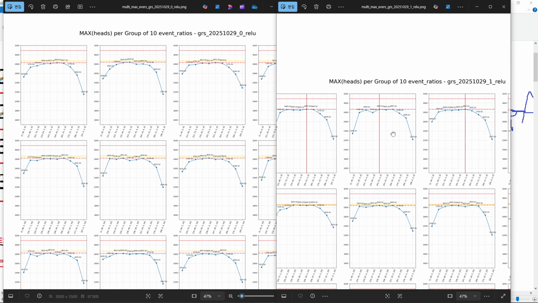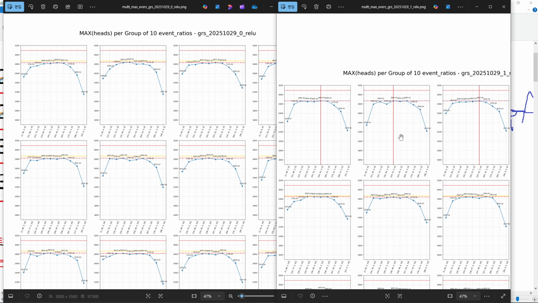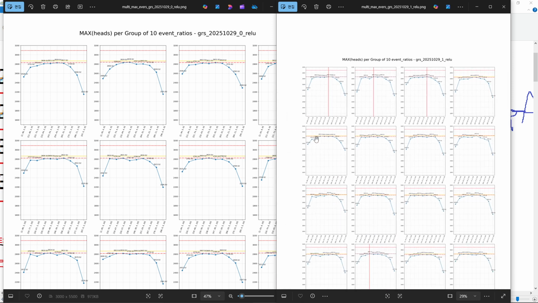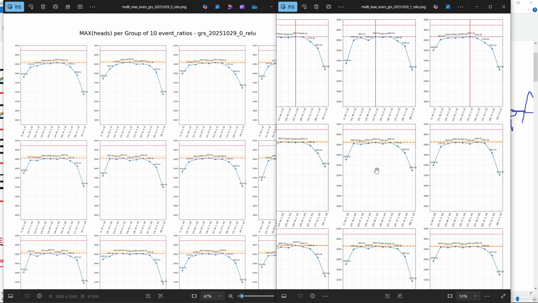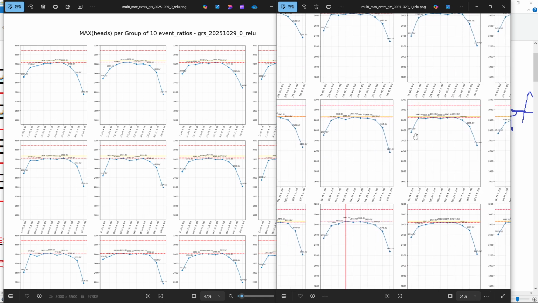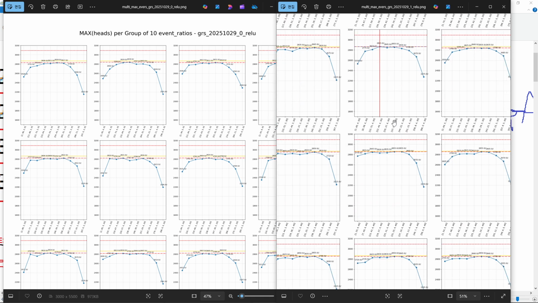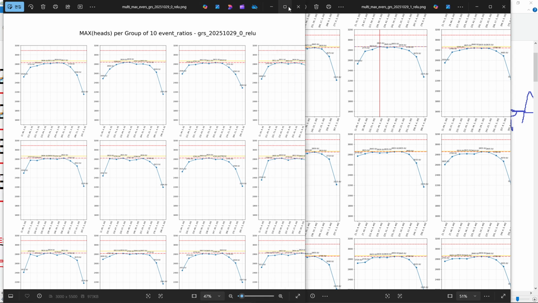And the presence of these red vertical lines on the right does not necessarily mean that true ceilings were actually achieved, because all of these, or some of these true ceilings could have been false ones. And the reason for that is that